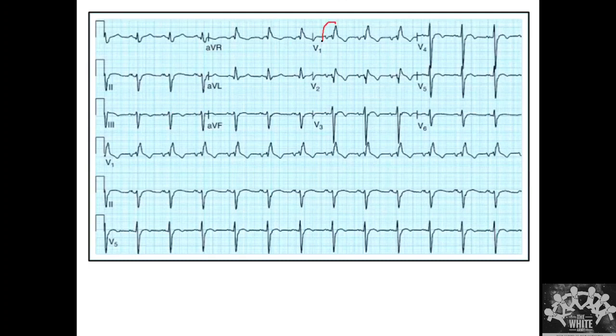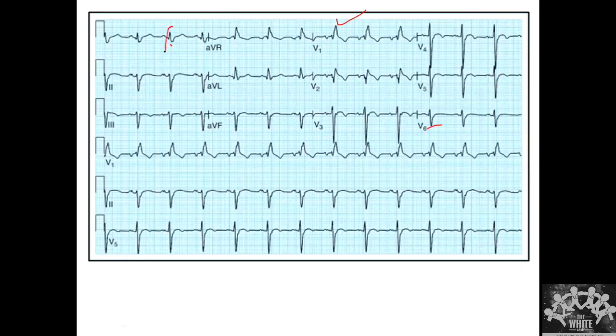So you see here, there is a right bundle branch block. There is something else that you guys missed. Anyway, I'll come to it. You should look at everything. So there is a bundle branch block, correct. Then what is going to happen? You look at the axis. So you saw the wide S wave, very good. You said it is a right bundle branch block, agreed. The next thing is to look at the axis.